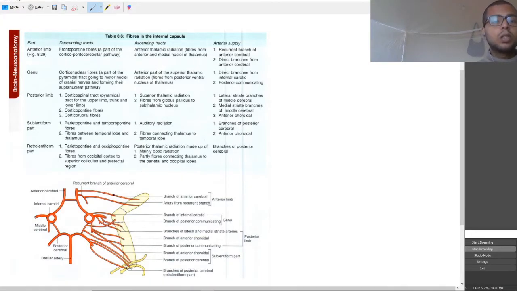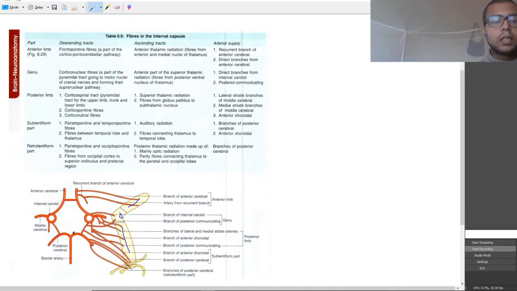So let's discuss the internal capsule. Here you are seeing the anterior limb, this is the genu, and this is the posterior limb. Here you are seeing the circle of Willis and the blood supply. Generally, the anterior limb is supplied by